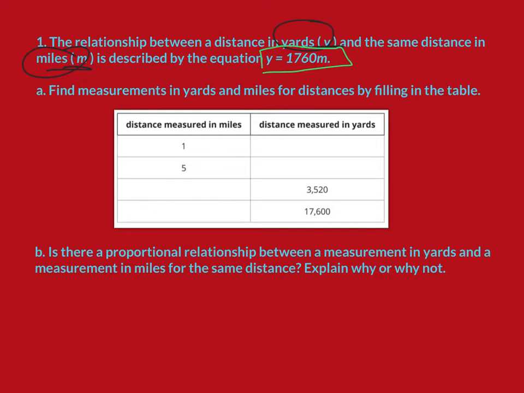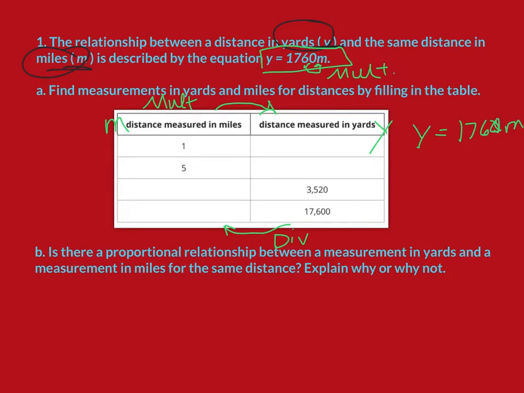1,760 m. So remember, when there's a number next to a variable, it means that we multiply. As we should know by now, when we go from left to right, we always multiply. And when we go back from right to left, we always divide. In this case, they told us that the distance in miles is m, and the distance in yards is y. We're going from, like I said, left to right. And just like in our equation where it says y equals 1760 m,